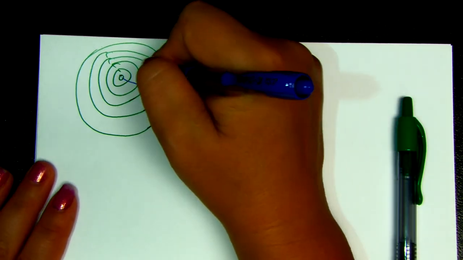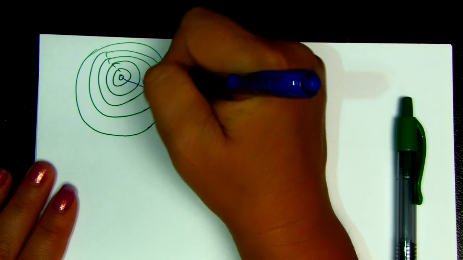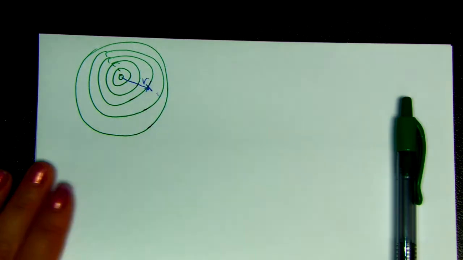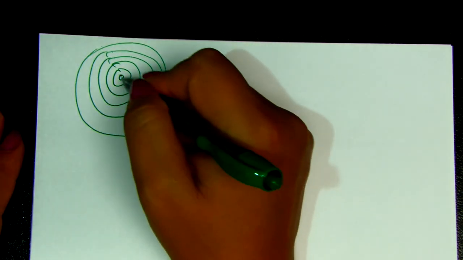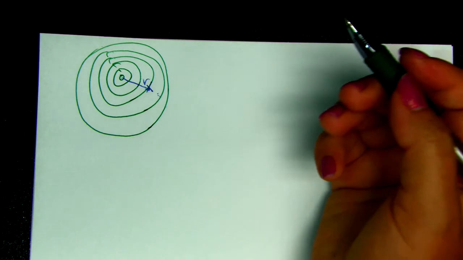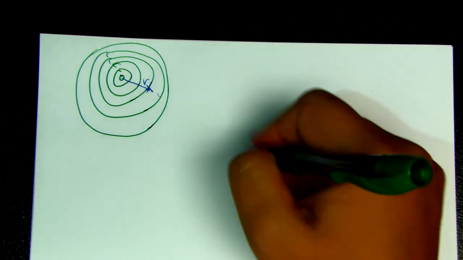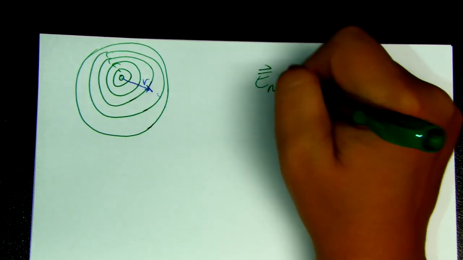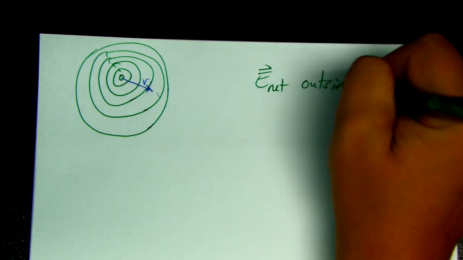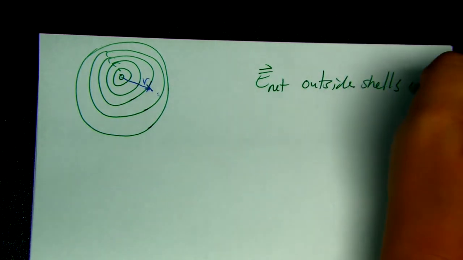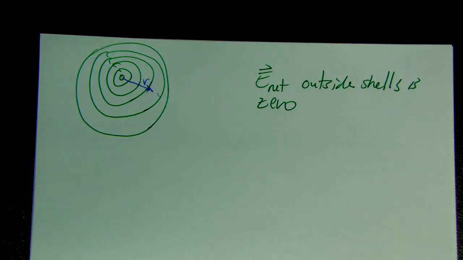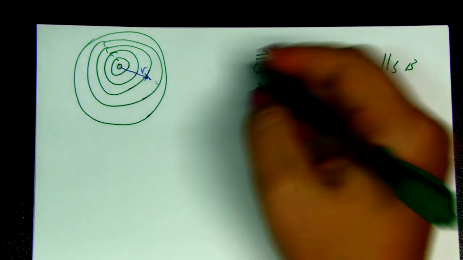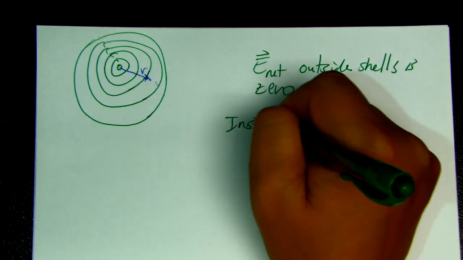However, all of these shells here, we are outside of them. So they are going to contribute to a field. So we're going to have an ever increasing electric field as we go from the center all the way out. So E net outside shells is 0. Inside shells,